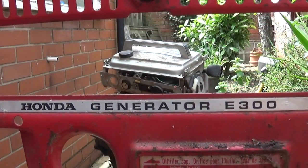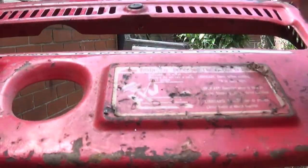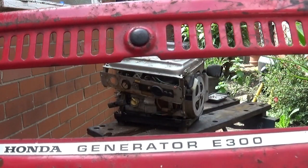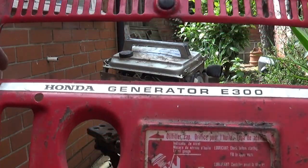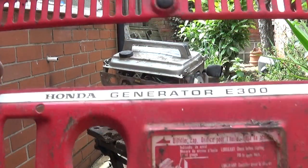There you are. It's a little suitcase generator E300, and I've had a look, and they're in the 60s. Anyway, I've got a load of other stuff as well. You know, the chap who gave me the other stuff, I'll show you what he's done this time. He's lost his storage, you see. So anyway,